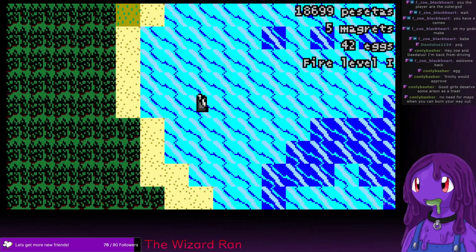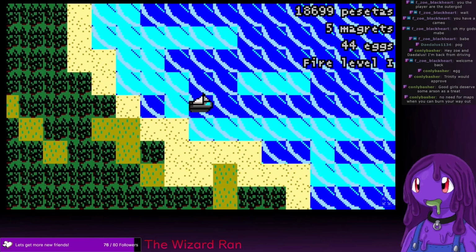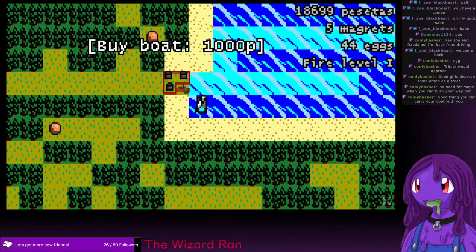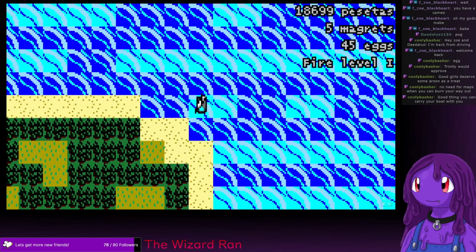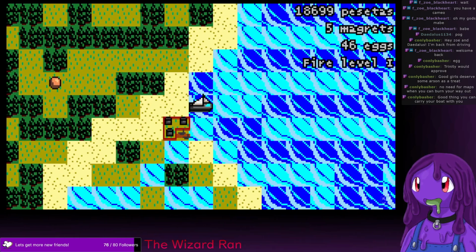Oh, the magrets are also laying eggs. This must be that infinite egg exploit thing they were talking about. That got me in so much trouble with Castleton.